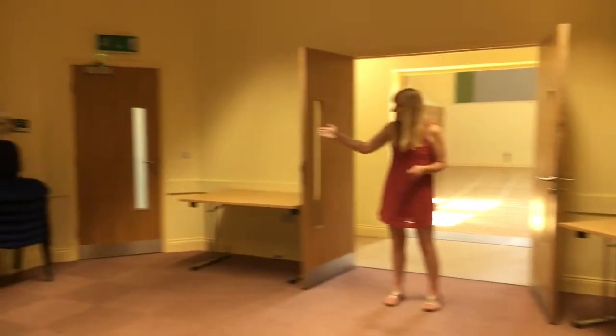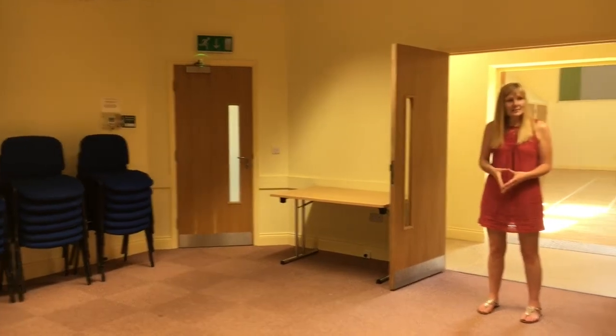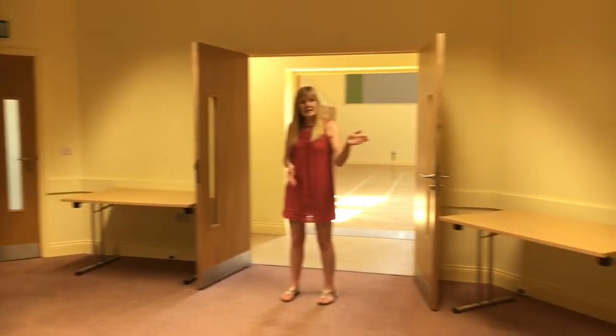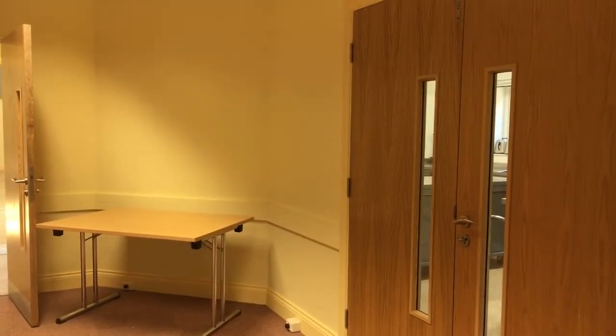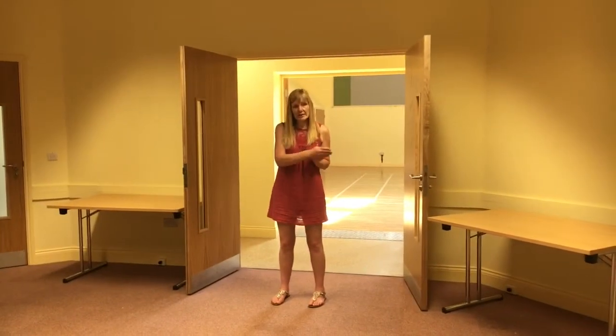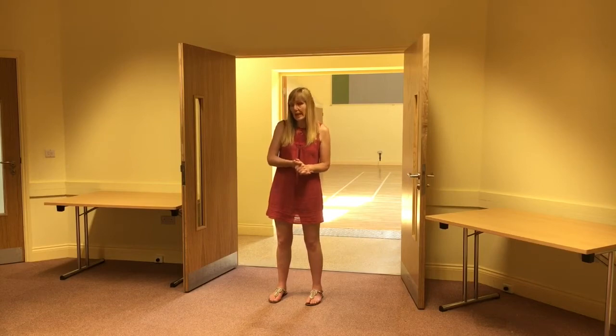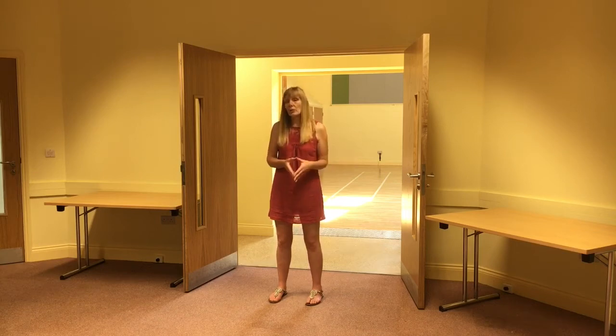One of the doors leads out to the lobby, which is the other side of the door you saw previously, and the other door leads to the kitchen area, so hirers can access the kitchen. Just as a note, when we generally hire out, the kitchen hires out with the main hall, but if committee room users would like access to the kitchen or need a kettle or a drink, if they talk to myself,